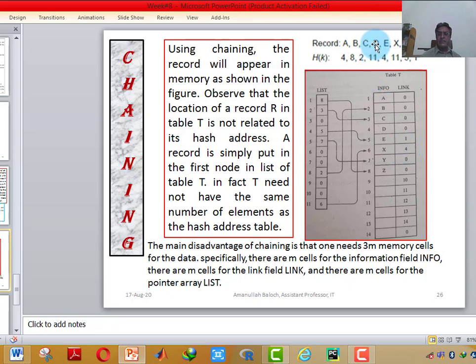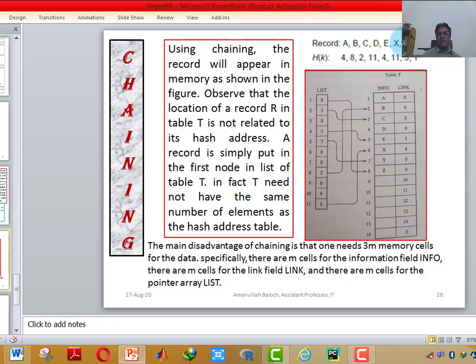So whenever we want to search D, or search G or X, they both have the same memory location. For D, it will jump to hash address 11. Hash address 11 will indicate to go and look for the record at index 6. It will jump to 6. At 6 it is X, but X will say go to location 4 and you will get D. At location 4 it has got D.